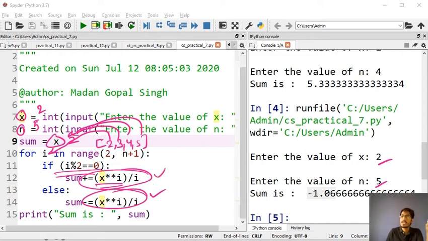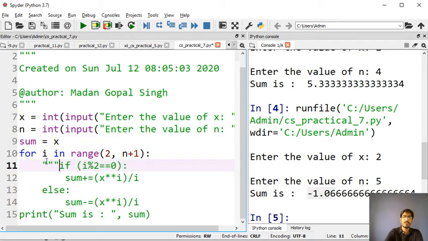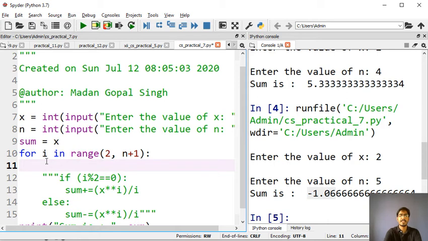Now let me explain it with the logic that I have shown you without writing the if else. Let me comment this out and show you how to write it without if else. It is interesting to solve this problem without if else. If you have understood the logic, sum plus equals, what we need to do is -1 double star i.